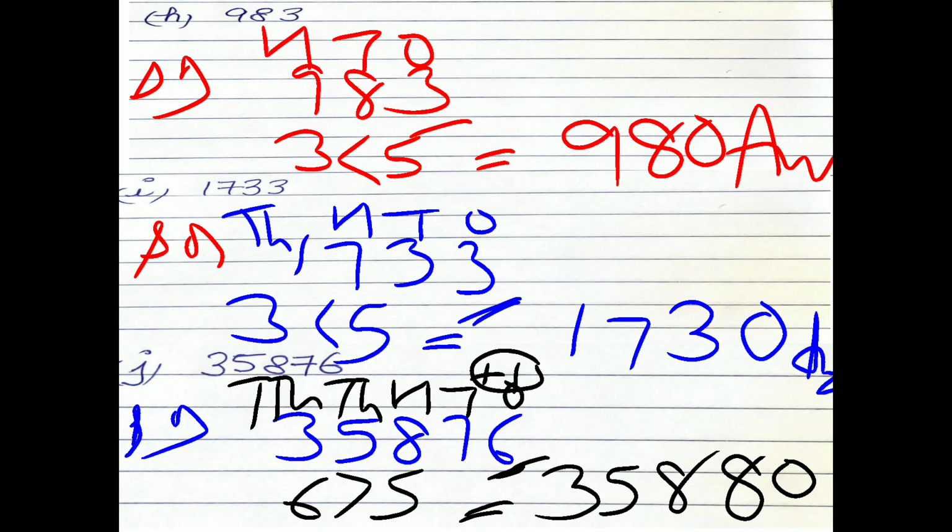And I told you that in our life also rounding off plays a very important role, because whenever we don't know the exact answer of any question, then we round off. So students, today you learned how to round off numbers to the nearest tens. In nearest tens you have to see the ones place and compare it with 5. If the ones place number is less than 5, then you will not add 1 on the tens place. But if it is 5 or greater than 5, then you have to plus 1 on the tens place, and the ones place number becomes 0.